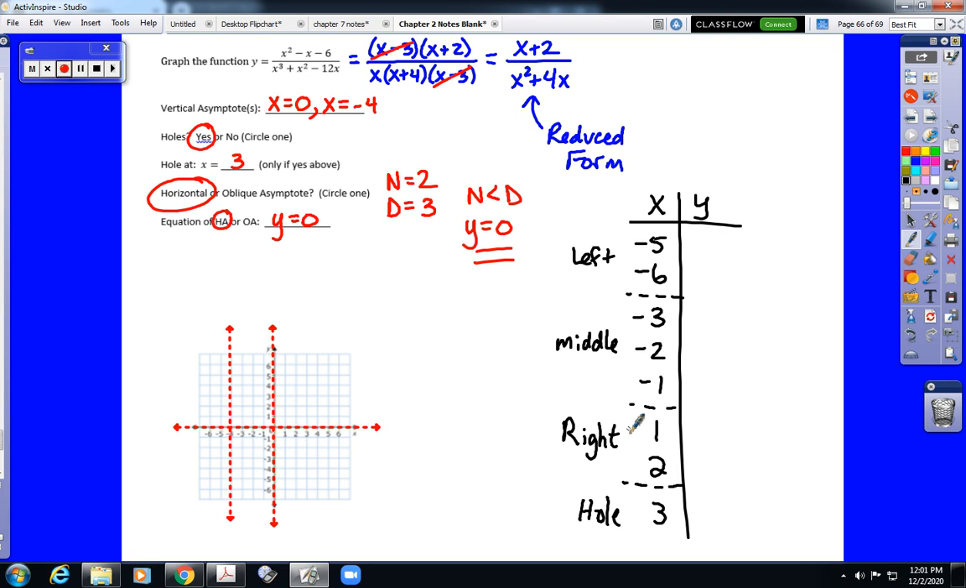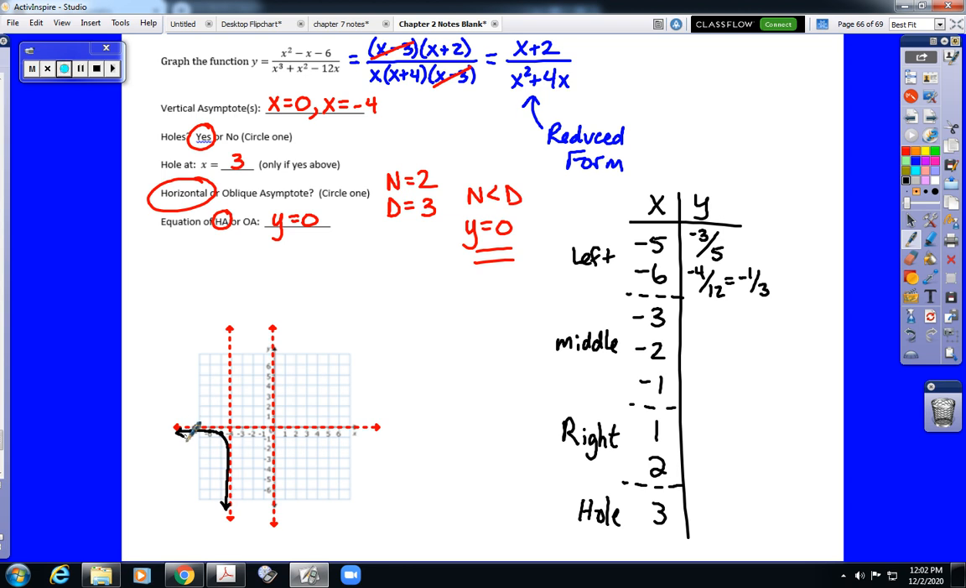So for the left end, we plug in -5 to the reduced form. -5 plus 2 is -3 on top. And -5 squared plus 4 times -5 would be 5 on the bottom, or -3/5. When I plug in -6, I have -4 on top. And on the bottom, I have 36 minus 24, which is 12. That would be -1/3. So -5, -3/5 would be a little over halfway from 0 to -1. And -6, -1/3 would be significantly closer to the axis, indicating that that section of the graph is hugging the asymptote